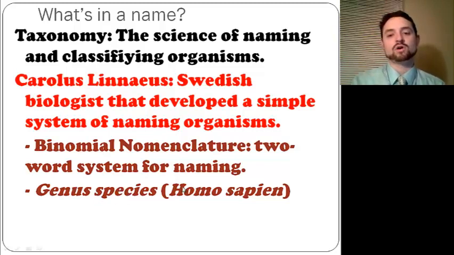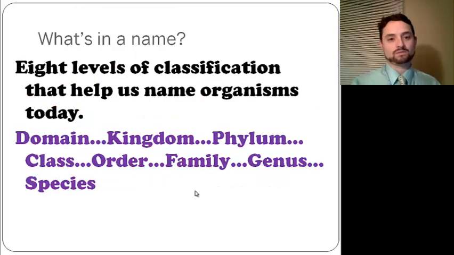So for instance, humans are Homo sapiens. Homo is our genus, sapiens is our species, and that's how you look at the organisms you come in contact with. And this is important because when you start looking at organisms around the world, you might call something, for instance, a bear, but in another country, the word bear may stand for something different than what you think of when you use the term bear. So this system of naming puts everything on an equal playing field. It gives everything a structured name using primarily Greek and Latin naming, so that we understand what that organism is, and everybody's using the same name for that organism.